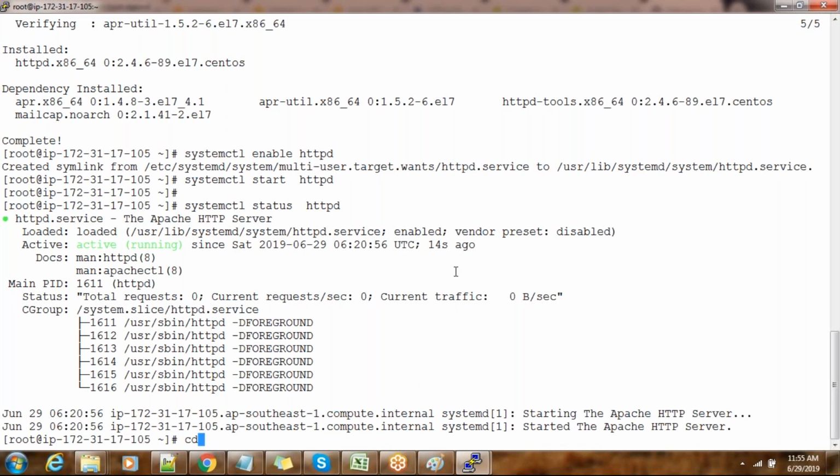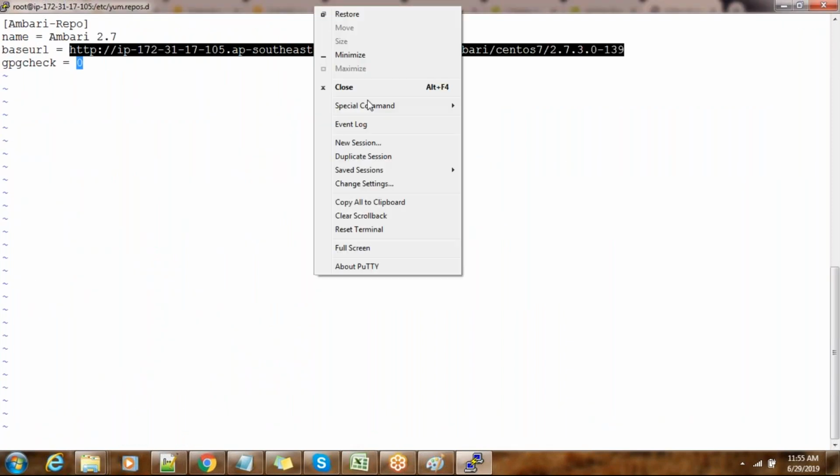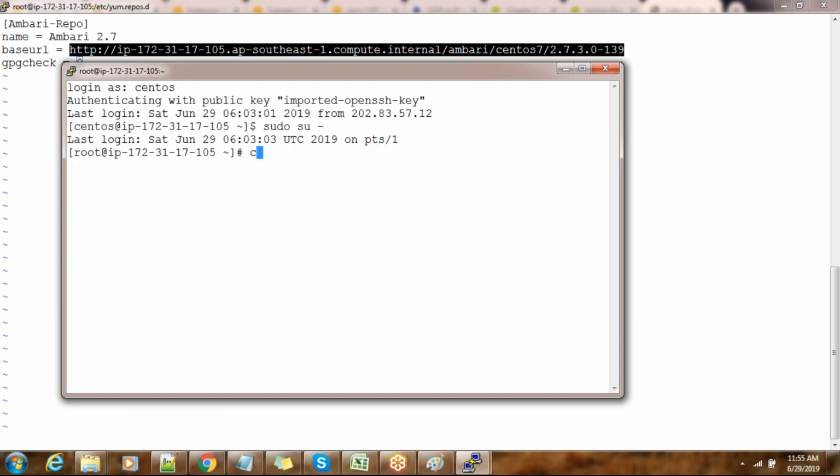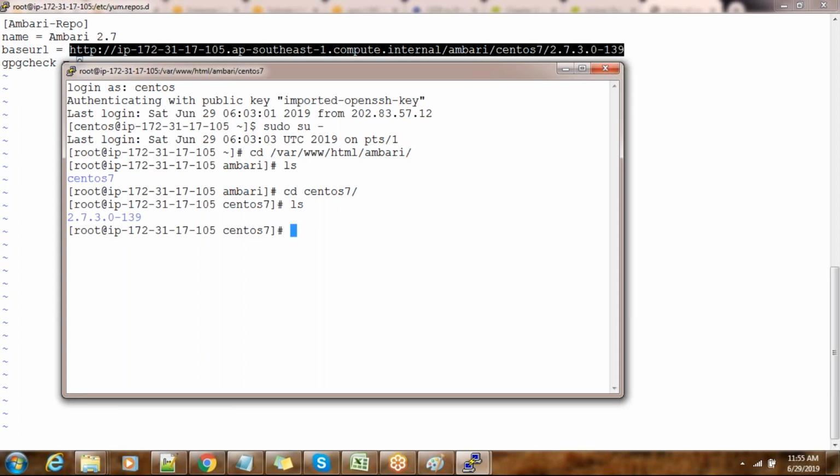Go to /var/www/html/ambari, and somewhere you can see the GPG key files.